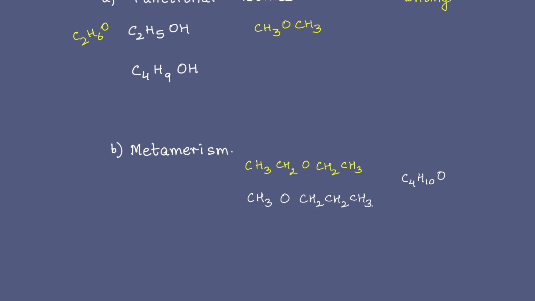Yes, of course, for the functional CH3, O, CH2, CH2, CH3. Yes, the two of them are functional isomers. I'm talking about the two, the alcohol and the ether. Or if you have written the functional isomer of C4H9OH as CH3, CH2, O, CH2, CH3, yes, then the two of them are functional isomers. They are differing in the functional group, right?